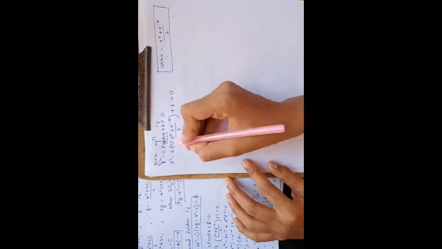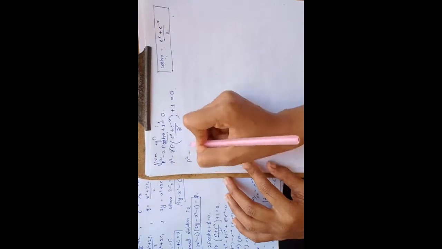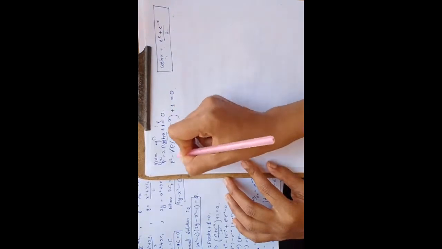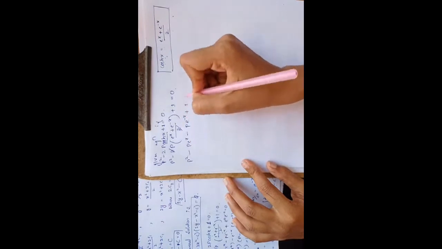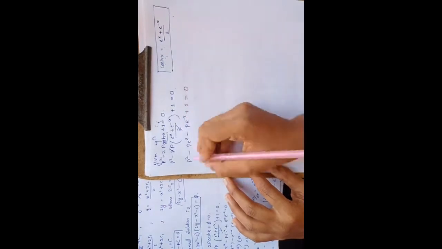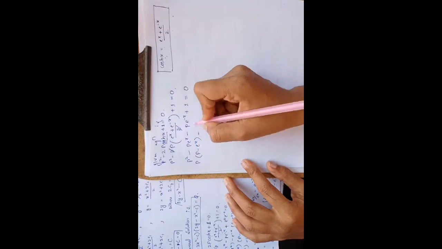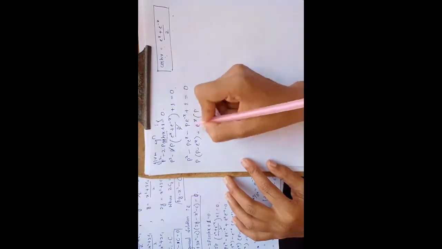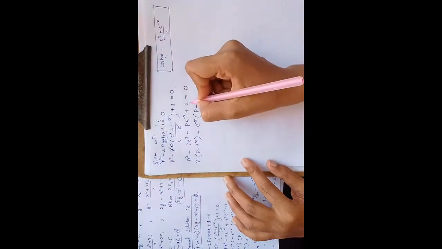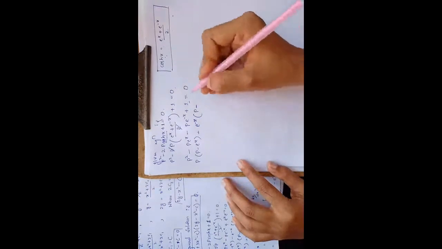So now open the bracket. So p square, minus p into e power x, minus p into e power minus x, plus 1 equals 0. Now take p common over here. So the remaining term is p minus e power x. Now in these two terms take e power minus x as common. So you will get p plus, minus is minus. The e power minus x term is not there, so it goes to the denominator, becoming 1 divided by e power minus x, equals 0.